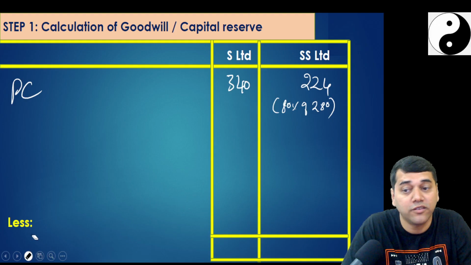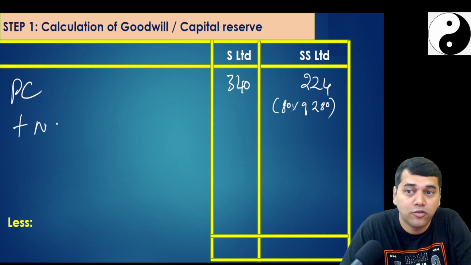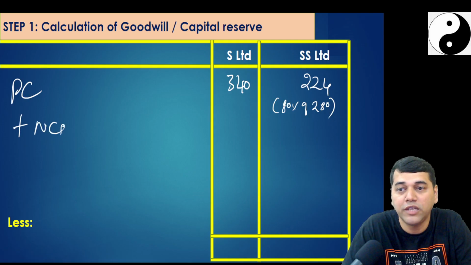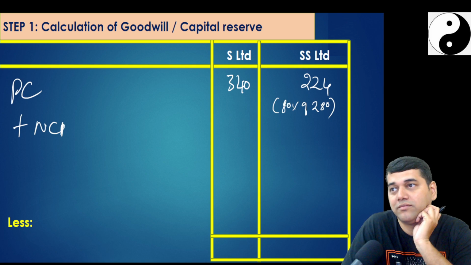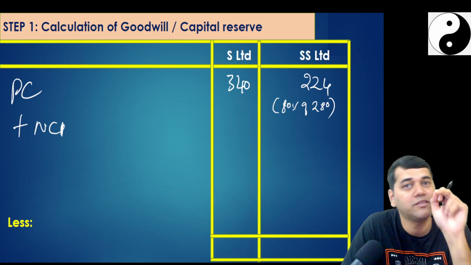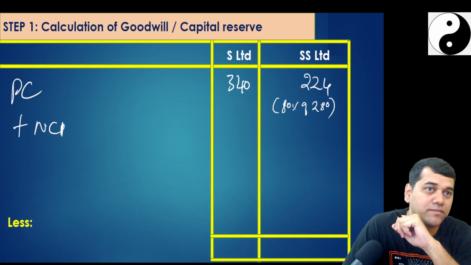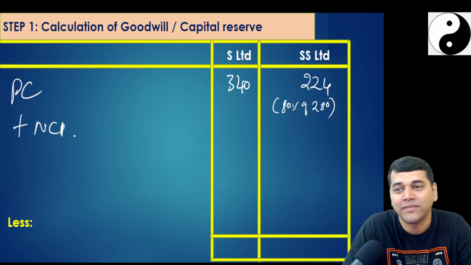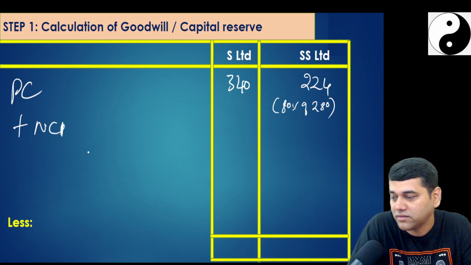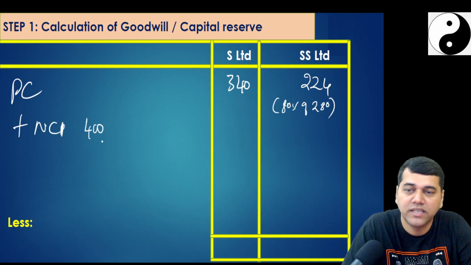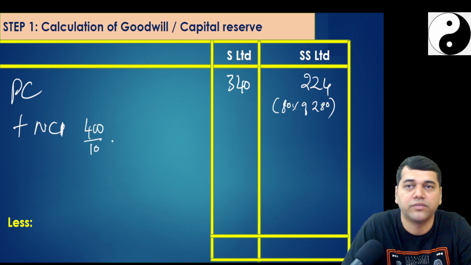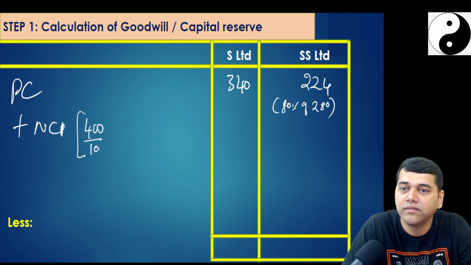Add NCI. See, this is the only adjustment. Don't miss this adjustment. I told you, no, only one adjustment. This is that adjustment. And because of this, the balance sheet is not going to tally now. That means this has got one second effect from that. And you have to tell me where it is. NCI, how much? They said 400 divided by 10 rupees. What did you get? Number of shares.